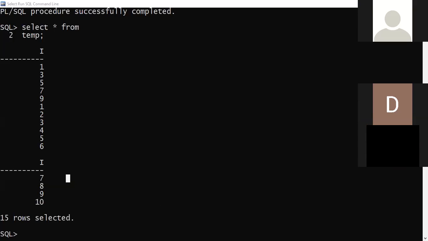Now, this is how you can insert values into the table through PL/SQL. But you have to remember that before executing such a program, you should delete the appropriate previous table, so no rows should be there in that table. Then execute the program and then display the values from the table. Is it clear? Yes, ma'am. So like this, you can try different programs.